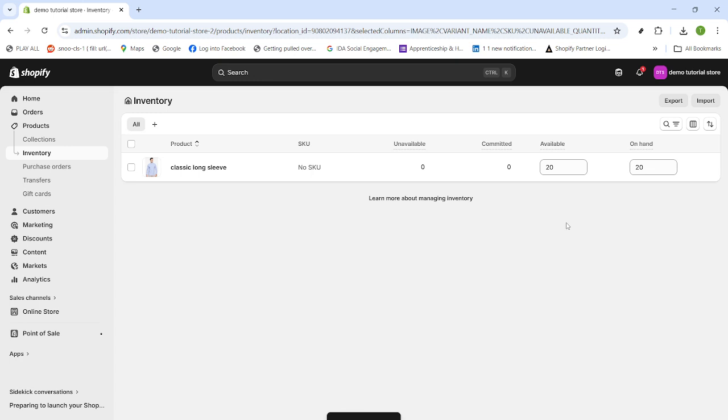Your changes will now sync to your storefront and connected sales channels, helping you avoid overselling and customer disappointment. That's it. Your Shopify